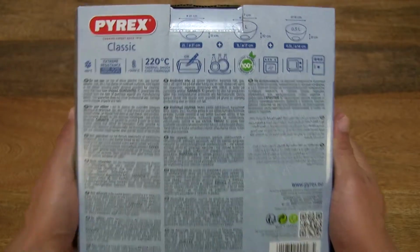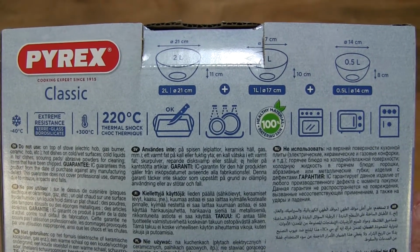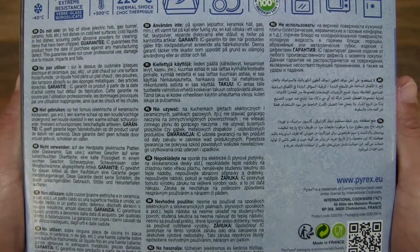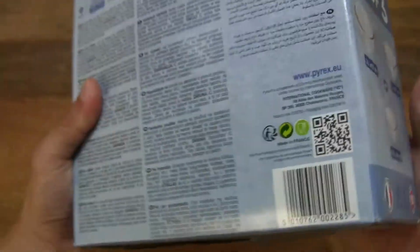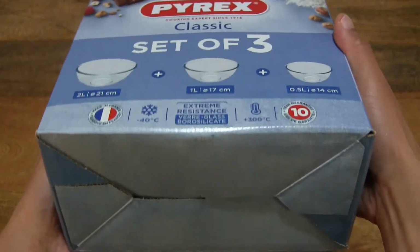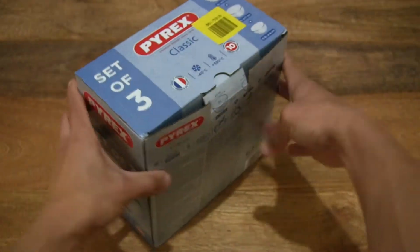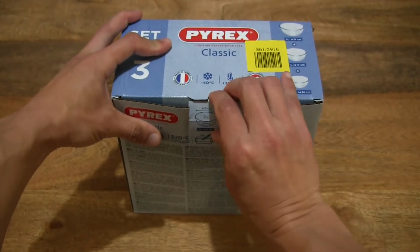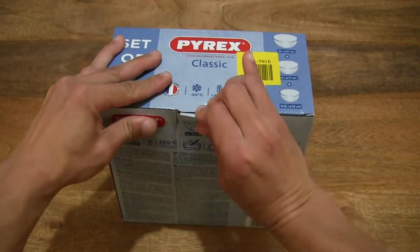And taking a look at the back of the box, there is a list of features and specifications for these glass mixing bowls in the classic design. And now let's go ahead and open up the box by, of course, pulling out the box tab that's keeping the box lid securely closed. So let's pop that out